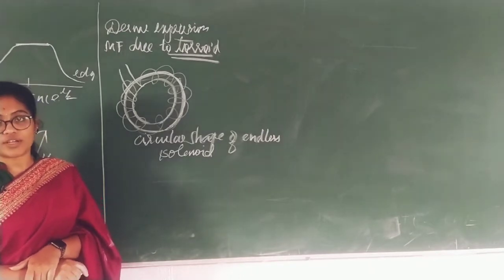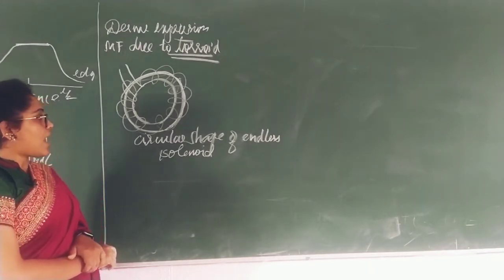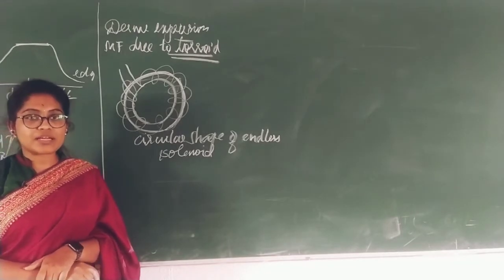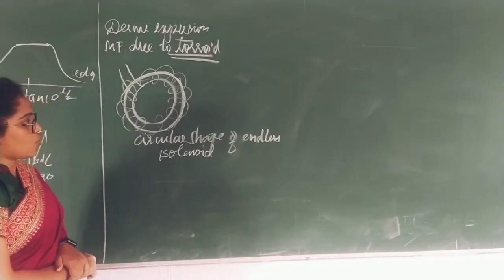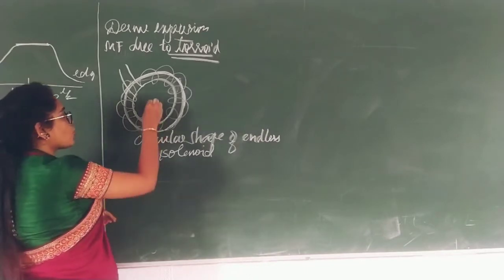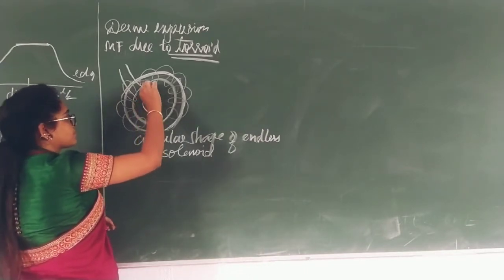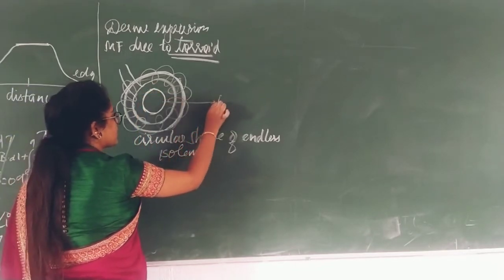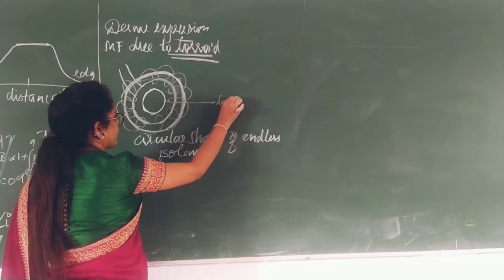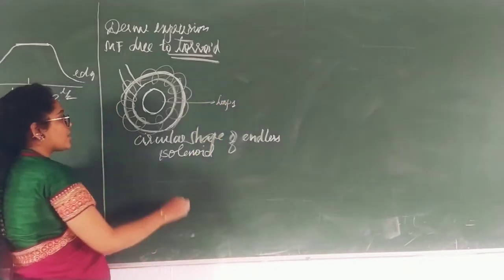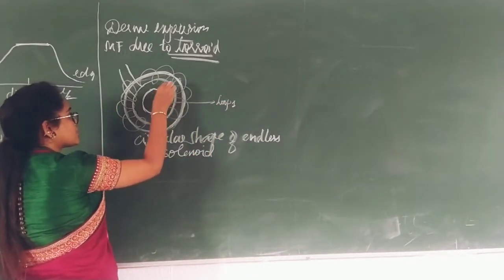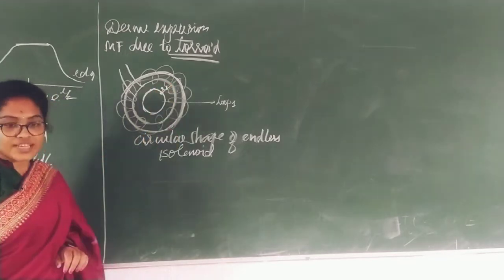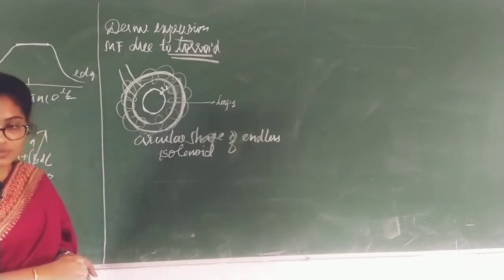That is very important. Here I will be considering 3 loops. The first loop is inside: Loop 1, Amperian loop 1. At this particular point, I will take the distance as R1. See clearly.